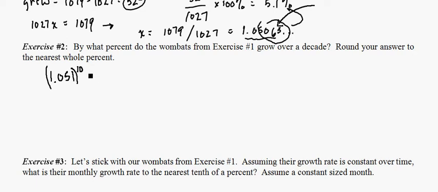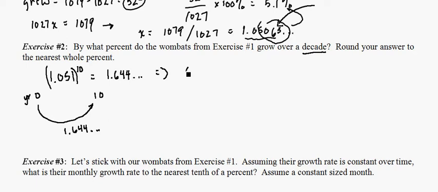So after 10 years, right, after a decade, we will have multiplied by 1.051 to the 10th, which gives me 1.644, etc. Now, in other words, what it means is that if I wanted to sort of immediately go from year 0 to year 10, I could multiply by 1.644, etc. But that means that over a decade, my population is growing by, whoops, definitely wrong place for the decimal. My population is growing by 64%,